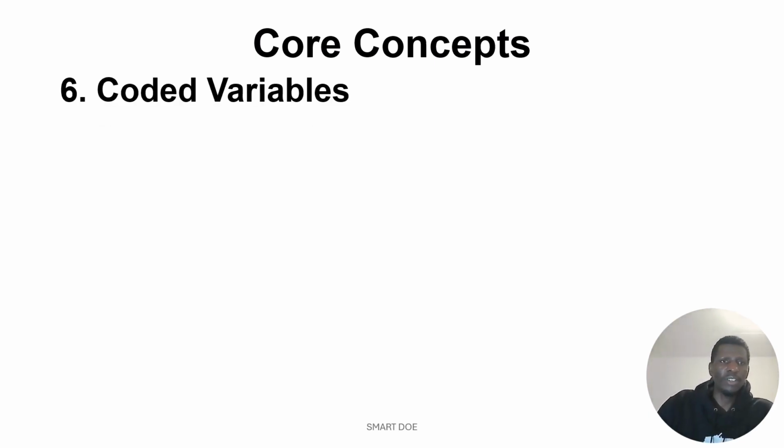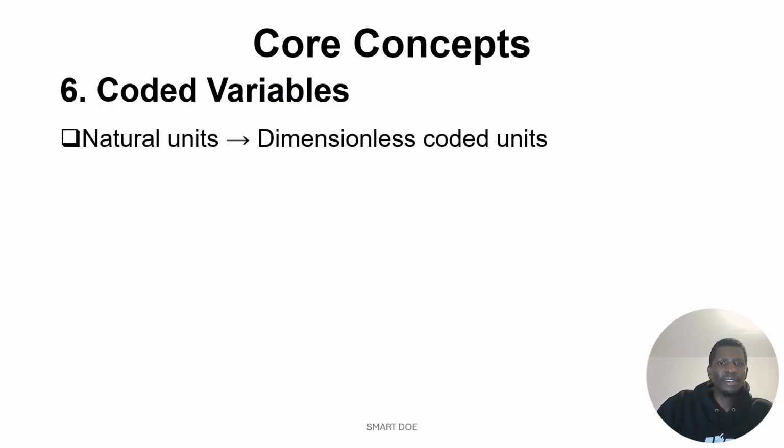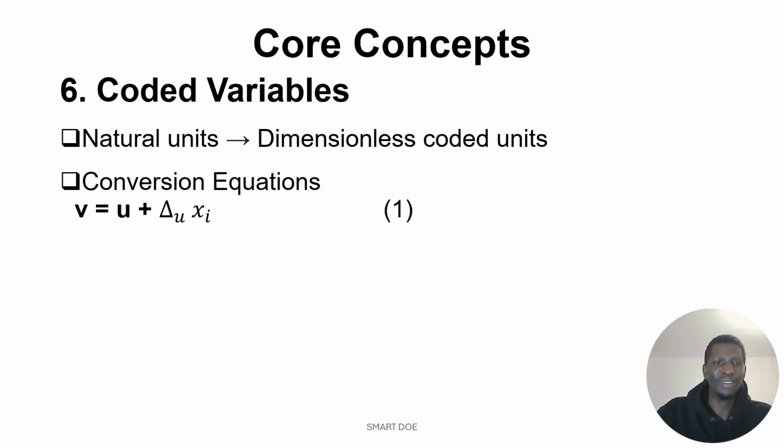Now let's talk of the next concept, which is also a very important aspect to know in experimental design, the concept of coded variables. When we say coded variables, we simply mean transforming natural units to dimensionless coded units. You simply want to transform natural units to the dimensionless form, to a form which has no units at all. And there is always a way to do it. There is an equation that you can always use to transform natural units to the dimensionless